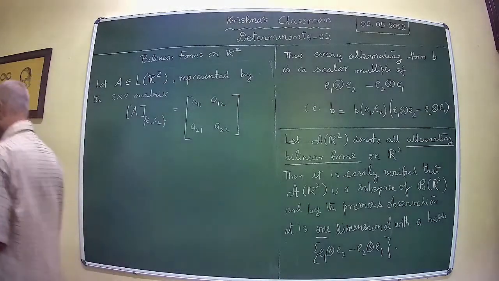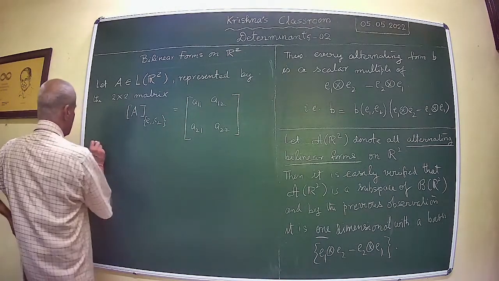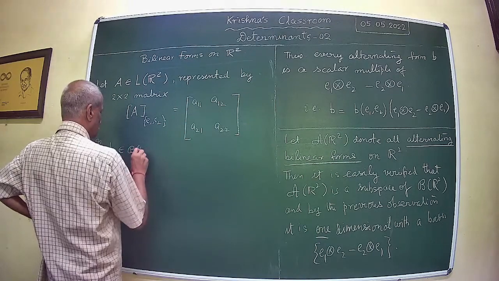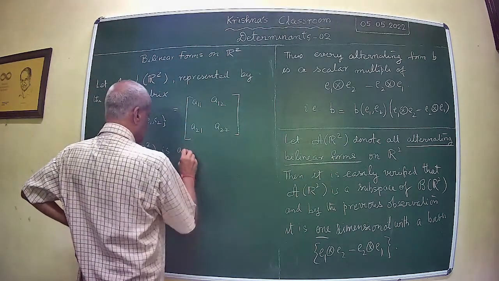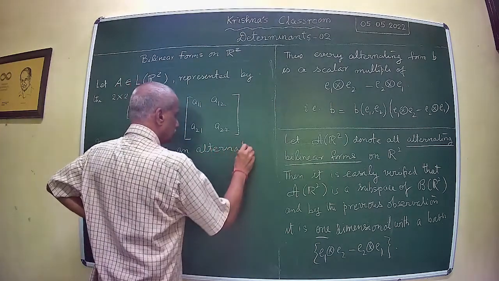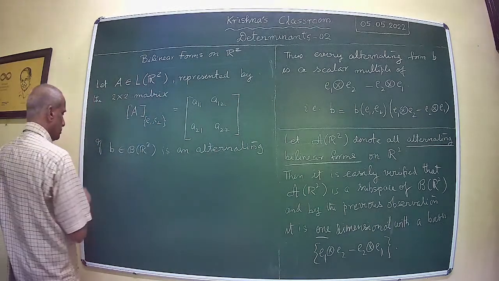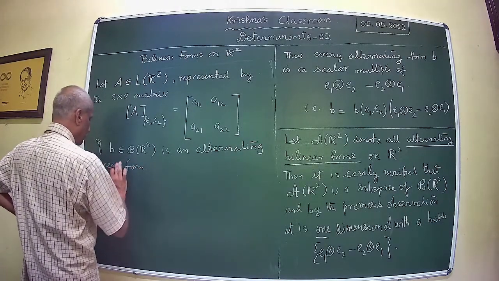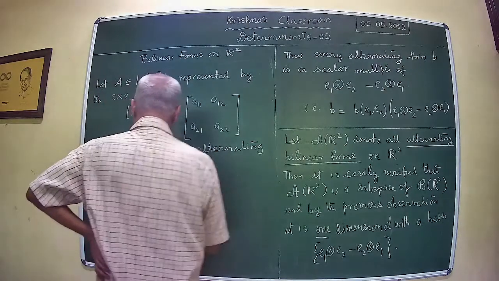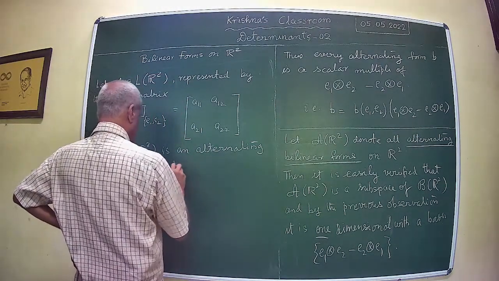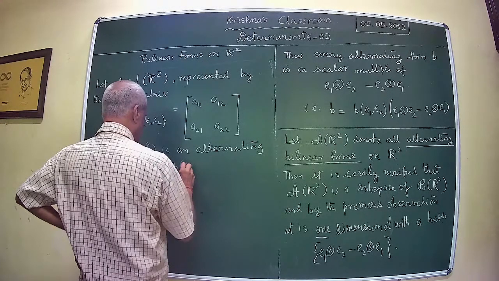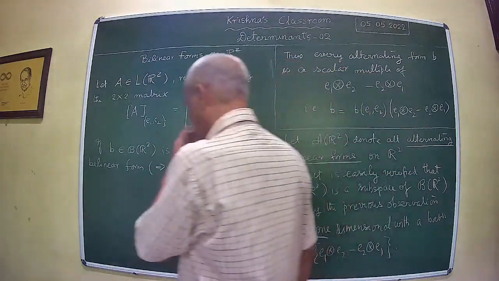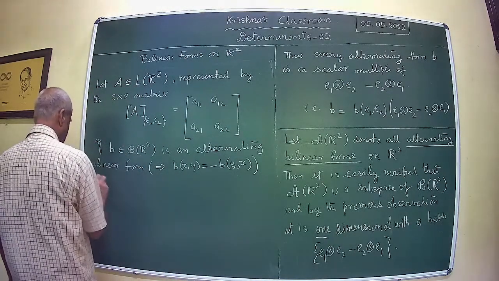Okay. Now we observe that if B is an alternating bilinear form, then B of